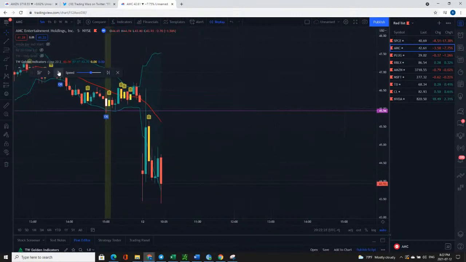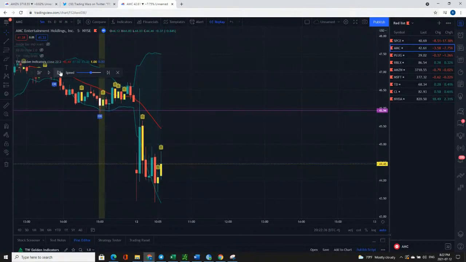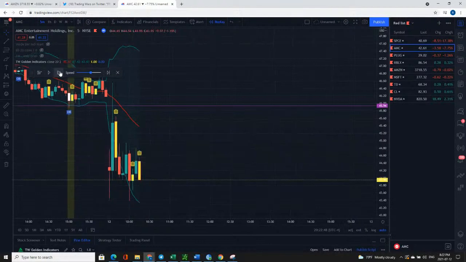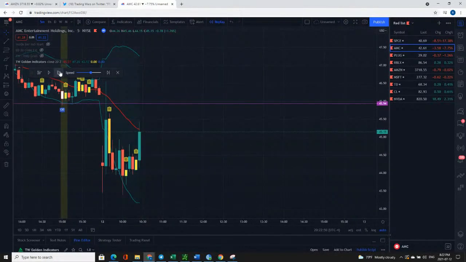Okay, there's the breakdown that you want. There's your breakdown, short right there. That's enough for a 1-to-1. That's good money. Another inside bar here is setting up. This inside bar is a reversal setup because we have this double bottom here with an inside bar. Just taking the break of that, this move from here to here, that's 1-to-1. That's good money too. And if you sit through all of this, you have another one right here too.